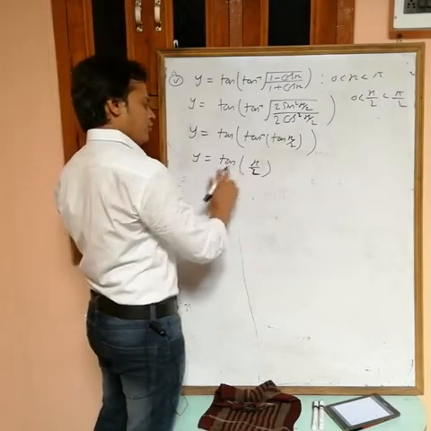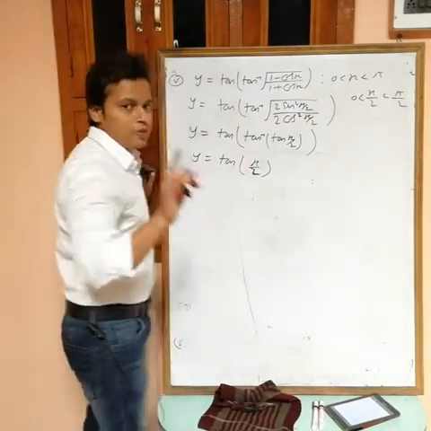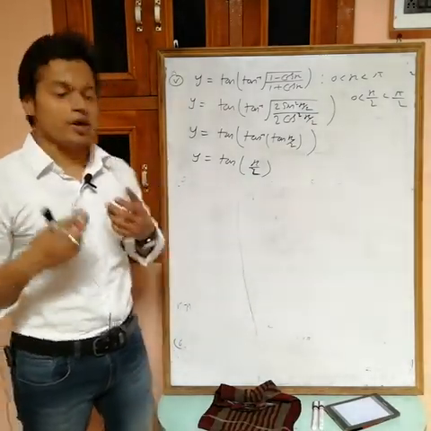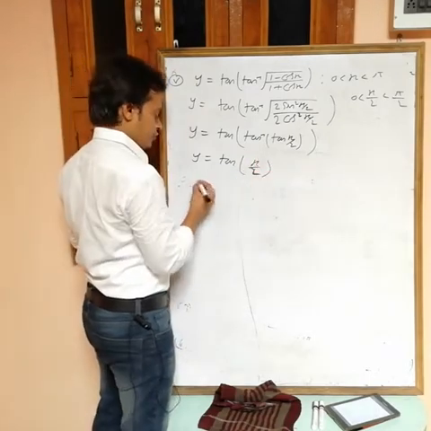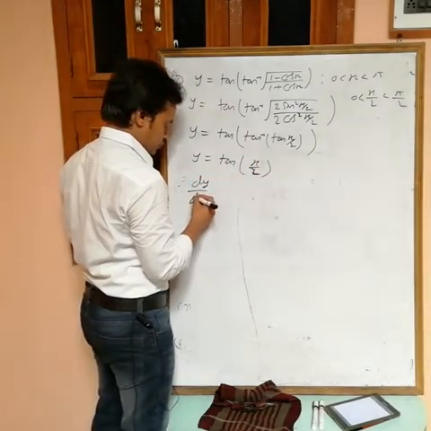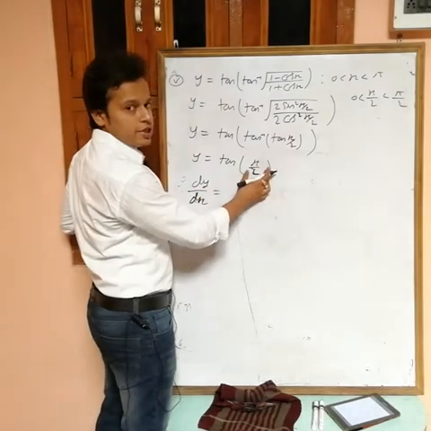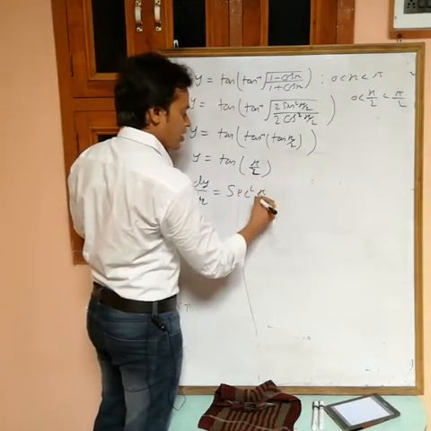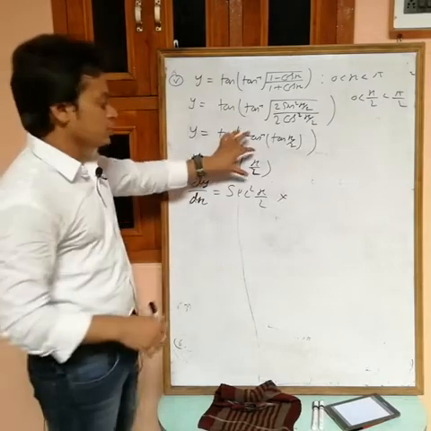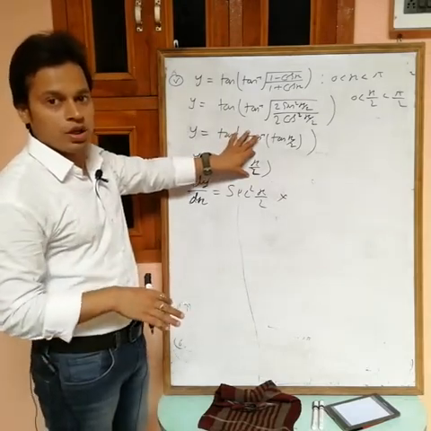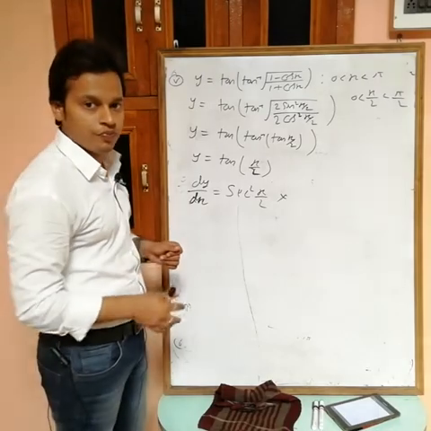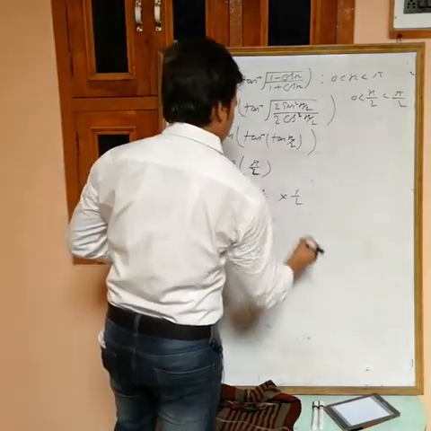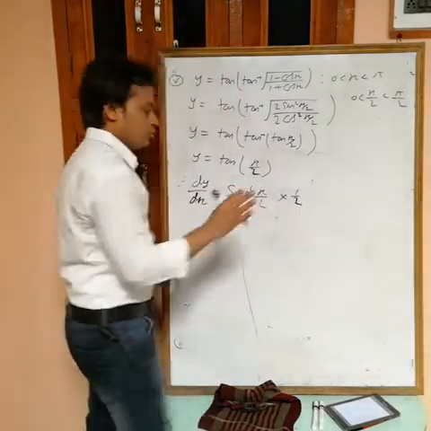Now you want the differentiation of this one. Can you differentiate tan x by 2? No, but we can differentiate tan x. We have the formula: differentiation of tan x is sec square x. So simply, assume this one as x. So dy by dx equals, assuming this one as x, this becomes tan x. Differentiation of tan x is sec square x, at the place of x assuming x. Now again we are assuming this one as x, so you have to differentiate this one, and differentiation of x by 2 is 1 by 2. 2 is constant, differentiation of x is 1, so multiply with 1 by 2. So the differentiation is 1 by 2 into sec square x by 2.